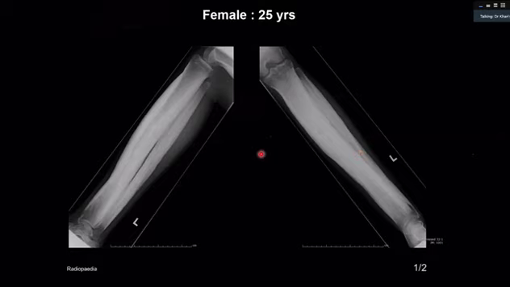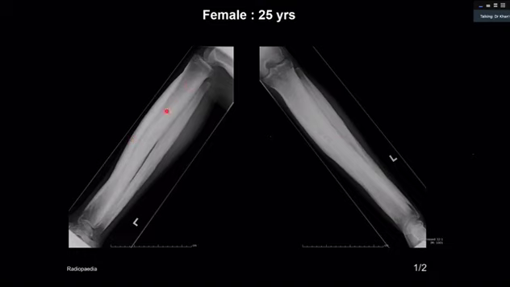Now, this particular case I have kept for differential diagnosis. There is a bit of sclerosis, but anatomically speaking, can you describe it for us? Where is it? Okay, so it's diaphyseal. Excellent. So if you look carefully, this is the epiphysis, this is maybe the metaphysis. It is normal, but there is sclerosis,